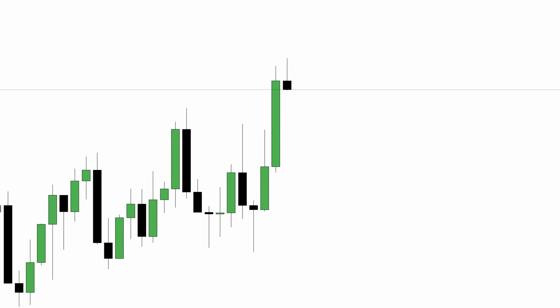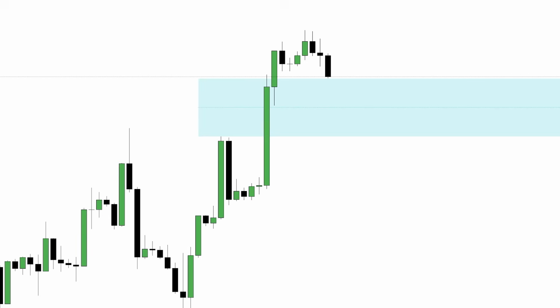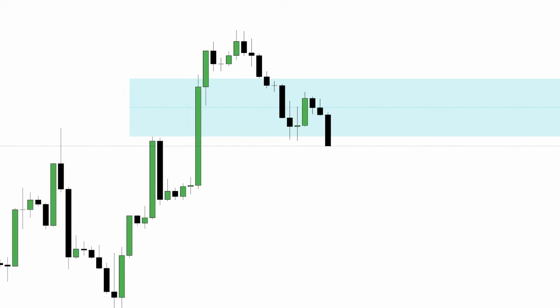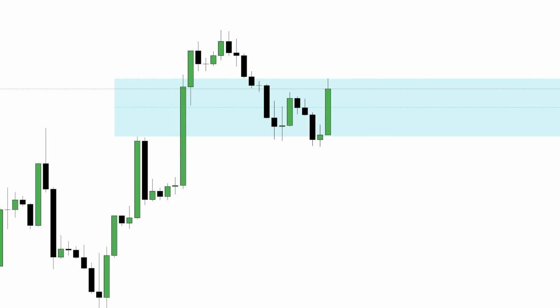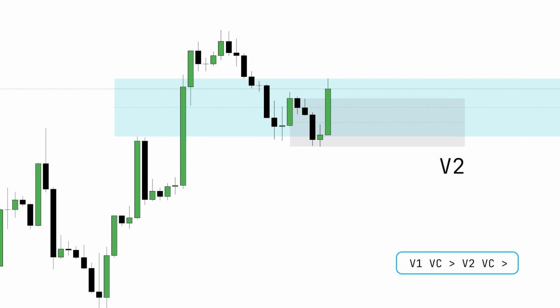On the one-day chart, we see that the price has formed a bullish fair value gap, which can be considered as V1. Next, we need to wait for the price to test this area on a lower step in our time frame system and confirm the volume through one of the available methods. We move to the 4-hour chart and see that the price has formed a volume confirmation in the form of an order block, which can be considered as V2. All conditions on the HTF are met.